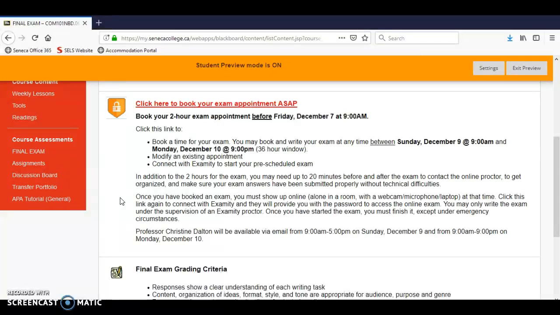You can only write the exam under the supervision of an Examinee proctor, so you have to actually complete it while the Examinee proctor is watching you. Once you've started the exam, you must finish it. So there's no time for bathroom breaks or anything like that. So make sure you take care of all those things before you actually start the exam, except under emergency circumstances